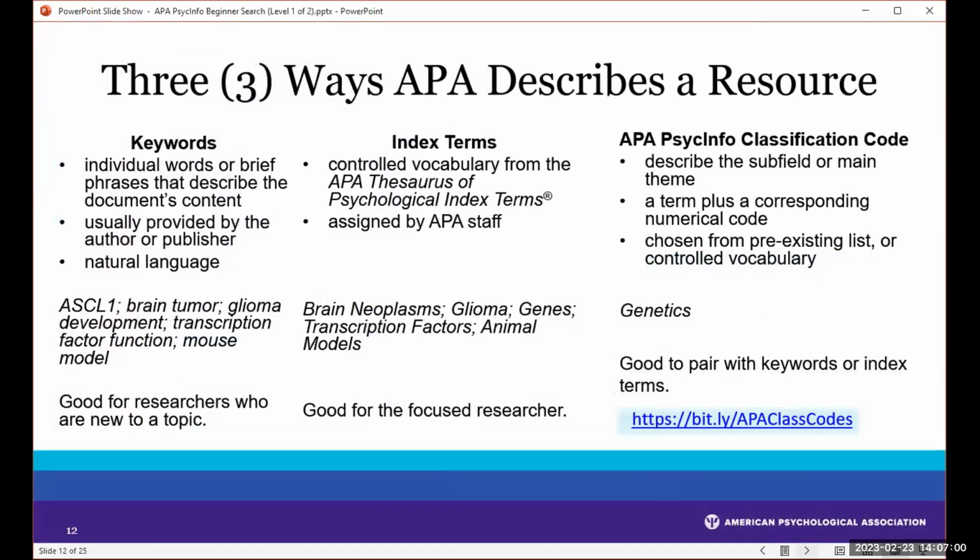Next up, we'll talk about the 3 ways that APA describes a resource. So there are 3 types of descriptive vocabularies found in each APA PsycInfo record that will give you an idea of what the research is about. So first, we have keywords, and these are terms that authors use to describe their research. There's no standardization, so they can seem kind of random at times, but they're a great source for interdisciplinary, technical,